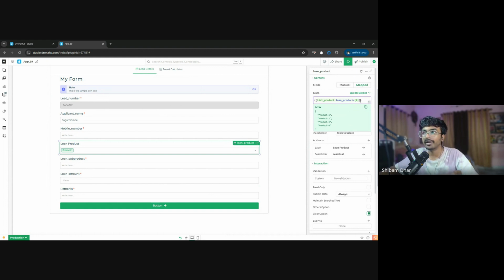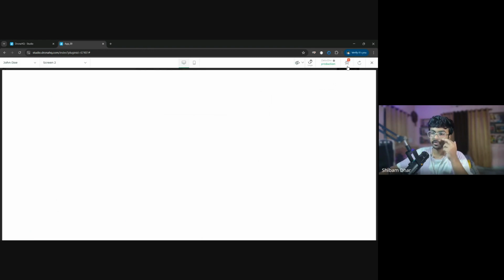Now you have to understand what kind of data you are providing, because most of the time, you can see the product is available there, but for the dropdown you need a value and an attribute. Inside an array at the 0th index, you don't get anything. So if I do a preview right now,